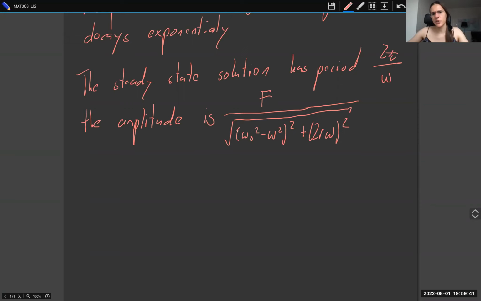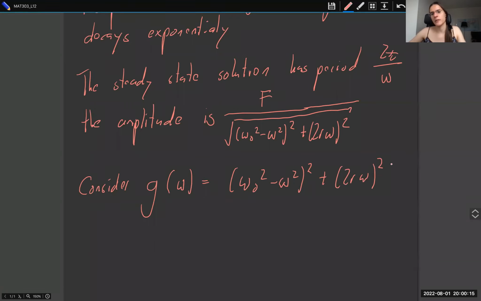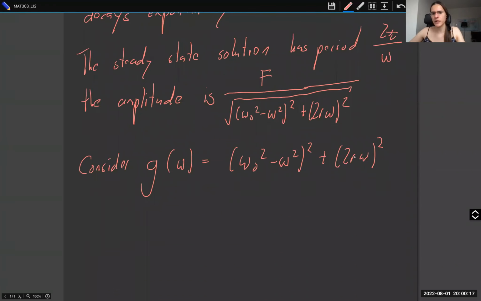So let's just look at this denominator expression. To make the amplitude as big as possible, we want to make the denominator as small as possible, right? So let's say omega naught is fixed. And let's consider g of omega equal to (omega naught squared minus omega squared) squared plus 4r squared omega squared. So this is a quartic equation in omega, but g prime